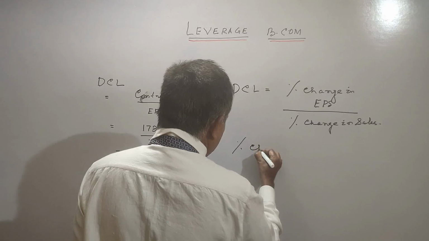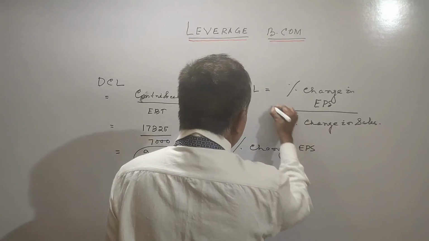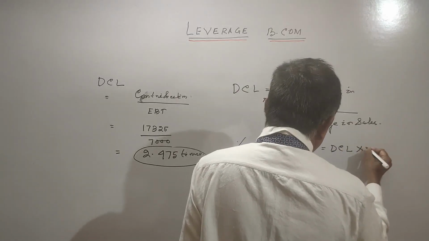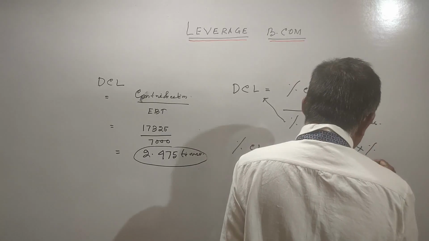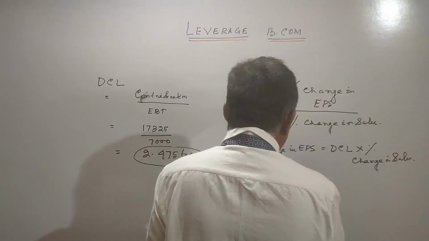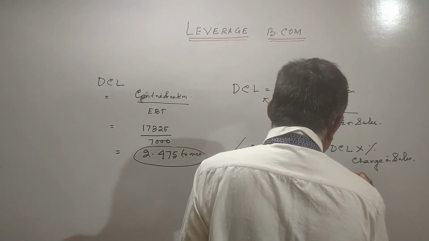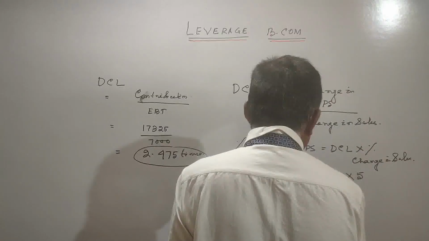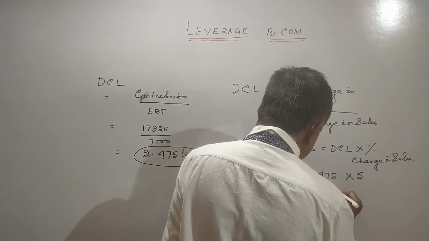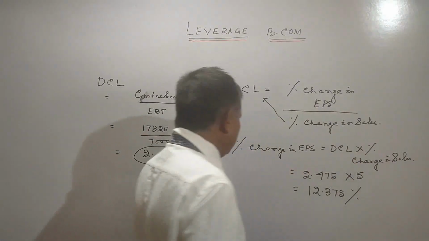So percentage change in EPS, just make a cross multiplication, that is DCL into percentage change in sales. So DCL is equal to 2.475 into percentage change in sales is 5. So it will come to 12.375%. So friends,